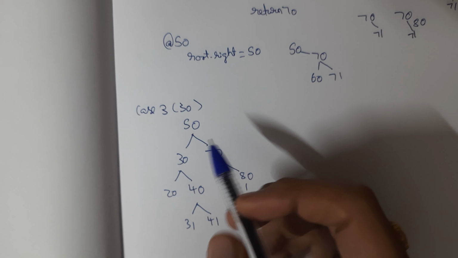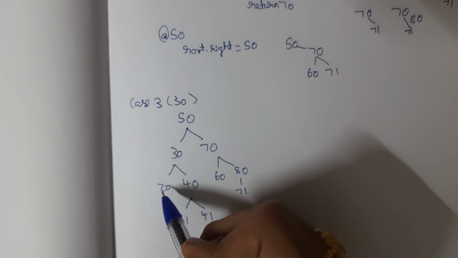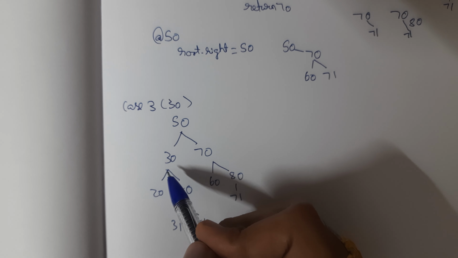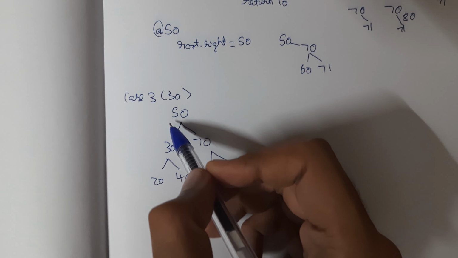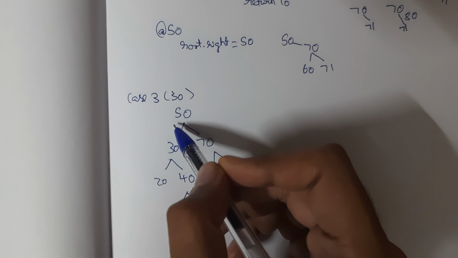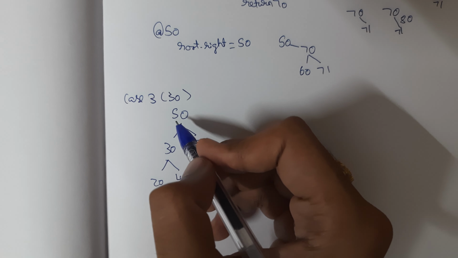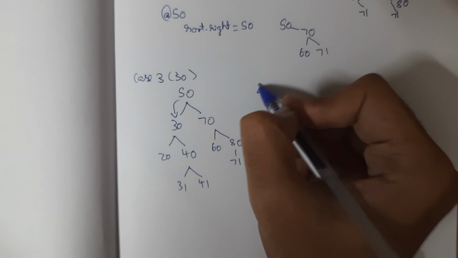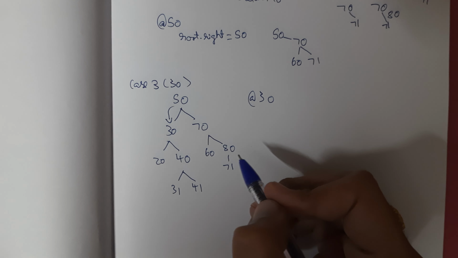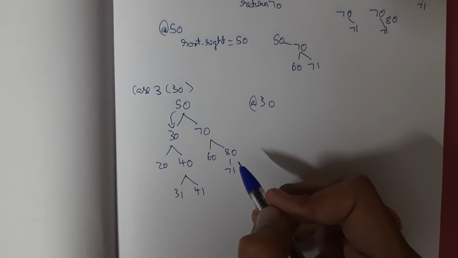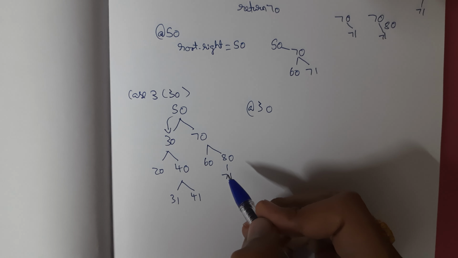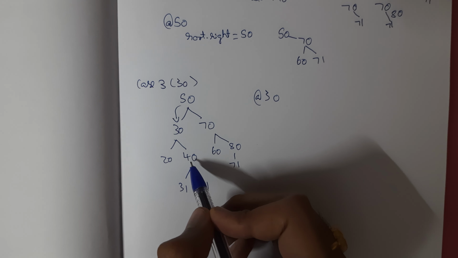So we are now going to delete a node that has two children, that is, we are going to delete node 30, and we'll see what's going to happen. As we see here, we start from the root node and we see that 30 is less than node 50. So we go to the left subtree of node 50. At 30 we find out that the first two if and else if conditions are unsatisfied. So we go to the third else condition and we find out that both the left and right subtrees are